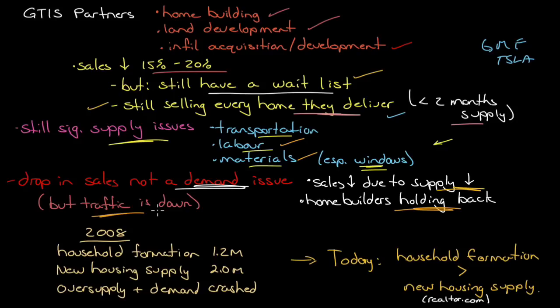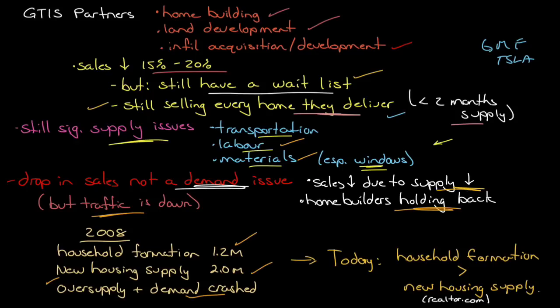The question was asked, like 2008, you had a big housing market crash because prices had just gone way past what was sustainable at that time, and we're seeing the same thing. Are we in for the same problem? And it was a nice contrast. In 2008, he notes the household formation was 1.2 million and new housing supply was coming in at 2 million. Well, it doesn't take long at that rate to get an oversupply, and it also coincided with demand crashing. So you had a massive oversupply with demand crashing. Prices are going to come down.